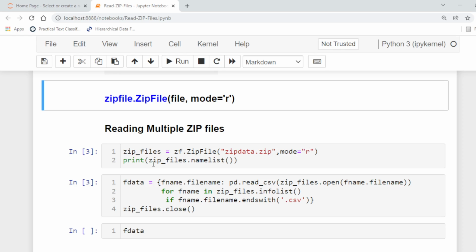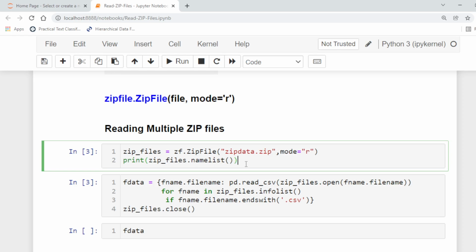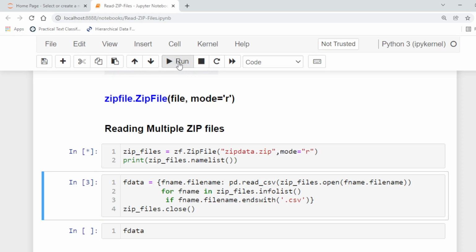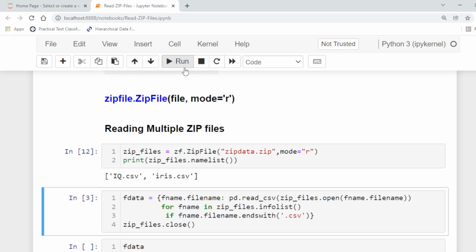Then zip_files.namelist gives the names of the files stored in the zip format. So let's say we run this, it will give the following print. There are two files inside the zip archive, iq.csv and iris.csv.